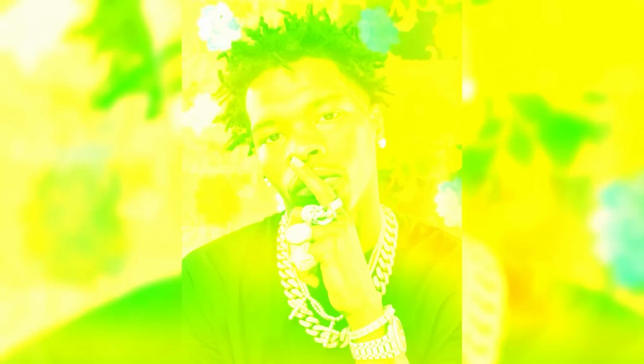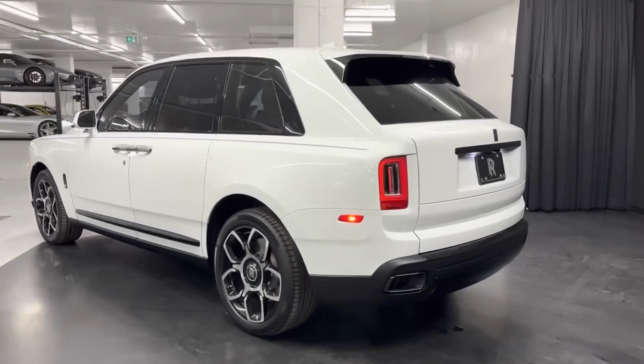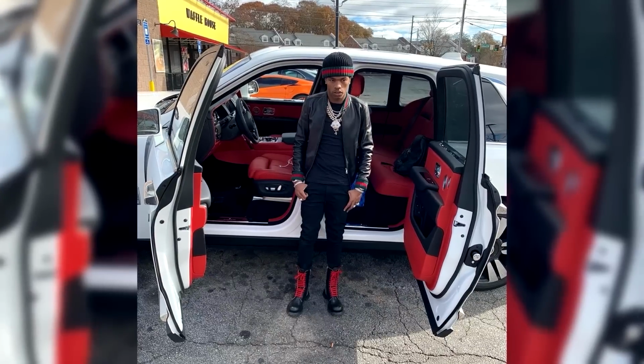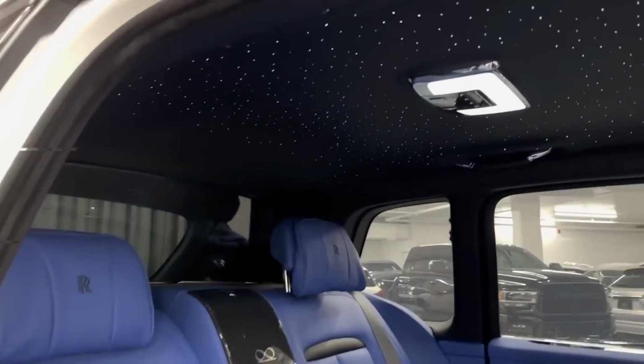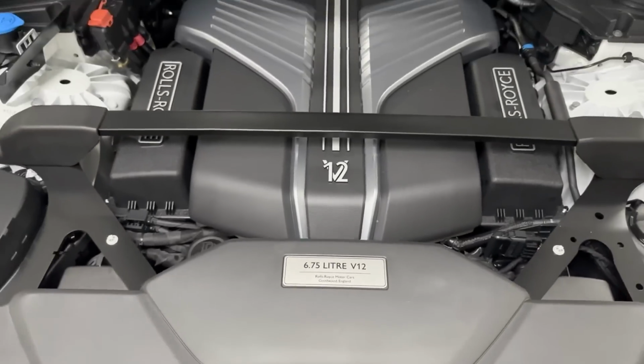But a symbol of truly making it in the rap game, Lil Baby would go and purchase a $600,000 Rolls-Royce Cullinan Black Badge. Now, this is the most expensive that you can buy in his collection. His Rolls has black tinted windows, custom wheels, and a white finish. Not to mention the traditional features that Rolls comes with, from their coach doors being open backwards, to famous starlit